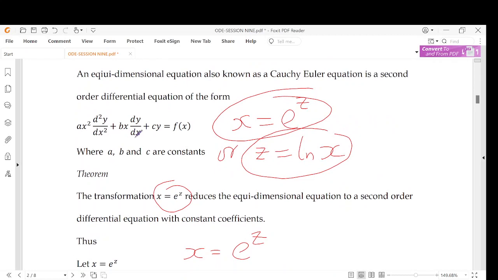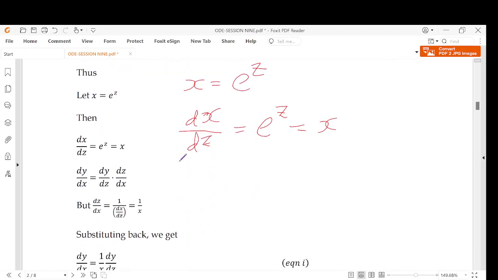So we see that we have dy dx, but we want to express this in terms of z. We also have d squared y by dx squared. We want to express this in terms of the variable z. So we make use of the chain rule that if we have dy dx and we want to introduce a variable z, then we can express this as dy dz and then multiply by dz dx. This is known as the chain rule